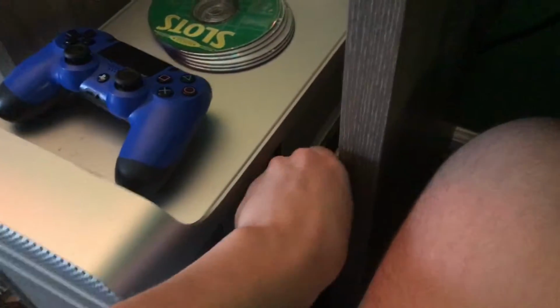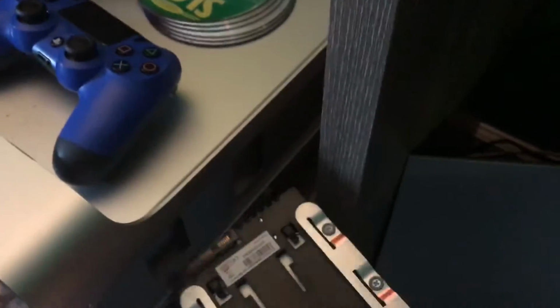Alright guys, so as you can see, we have the SSD in its little bracket. Why did I close the door on my Mac Pro? I don't know why I did that. We're going to go ahead and knock off the door here. This right over here. Golly, it's hard to put that door on single-handed. Oh well, that's fine. And then what we're going to do is we're going to slide in the